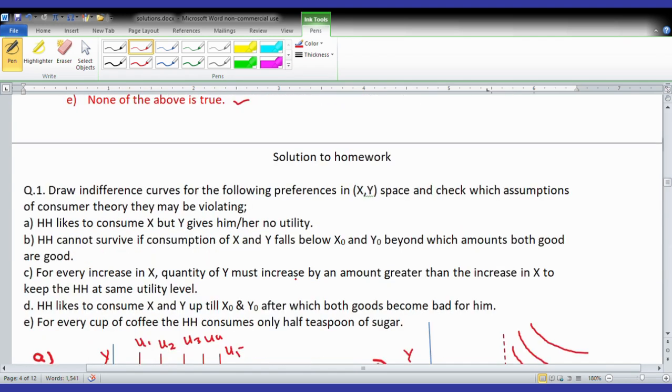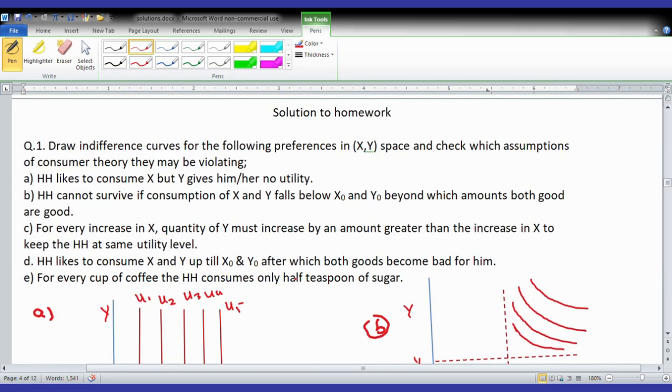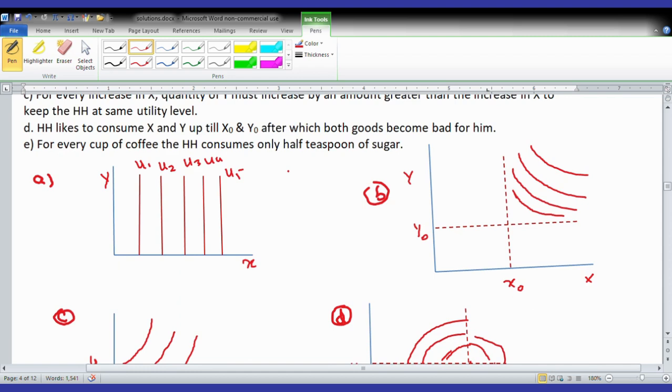Then we have this homework problem. The first one requires you to draw the indifference curves of given preferences. See that the household likes, in the first one, A, to consume X, so that when the household consumes X, utility increases, but Y gives him or her no utility, so neither utility increases nor decreases. This is like saying that Y is neutral to utility, and in this case indifference curves become